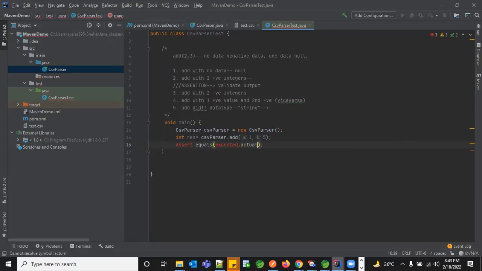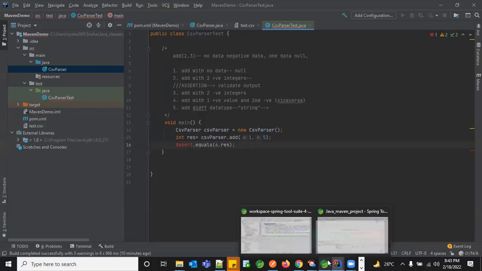So your actual value, which you're getting from the result, is what you receive on your execution. And the final output which you expect as part of 1 plus 5, the 6, has to be the hard-coded value. Now you compare this, and only if they match, your test case is a success. So this way we evaluate your test cases.